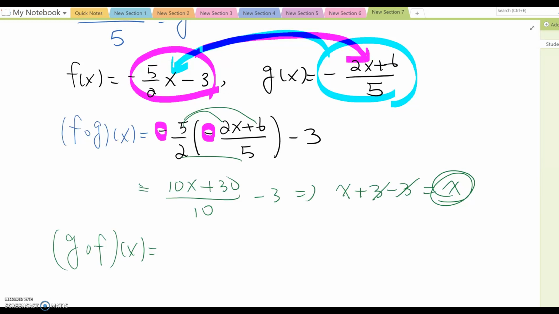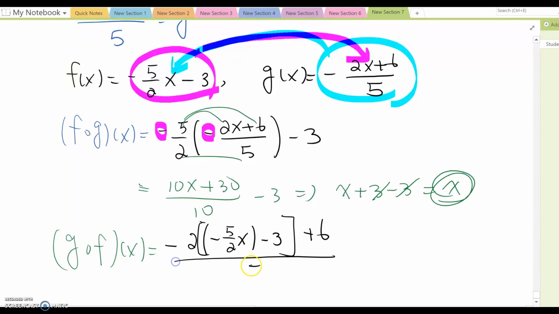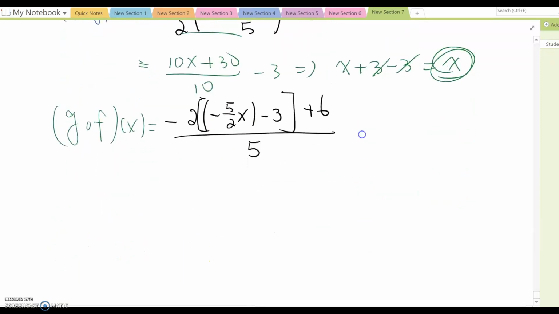So this becomes negative 2 times negative 5 over 2x minus 3, plus 6 over 5, right? Okay, then distribute, then negative becomes positive, and then 2 and 2 cancel out, so it becomes 5x, and then